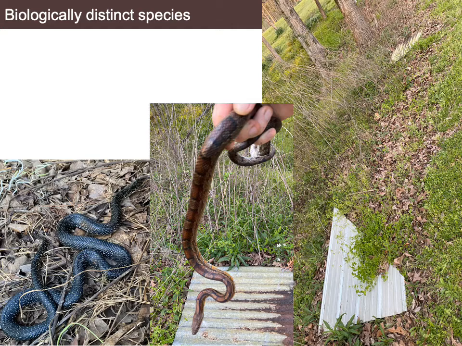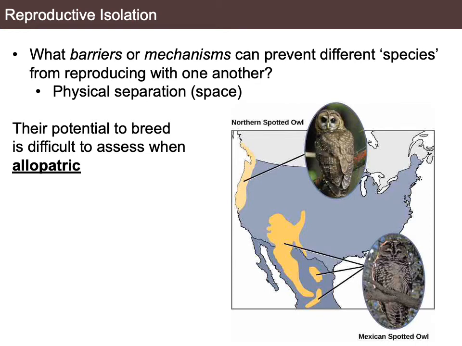Okay? They are not, as we saw on the last slide, actually or potentially interbreeding populations. And as such, they are reproductively isolated from one another. They do not get together and produce offspring. So, what is it that prevents organisms from reproducing with other individuals that are not the same species? We call that reproductive isolation. And what might lead to reproductive isolation? Well, there are a number of things that can lead to reproductive isolation. The first is